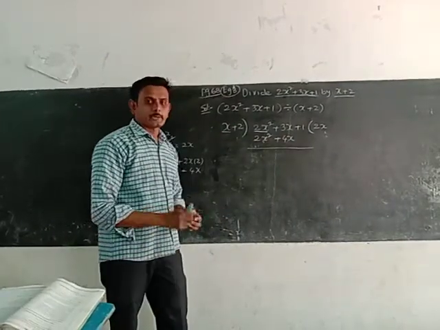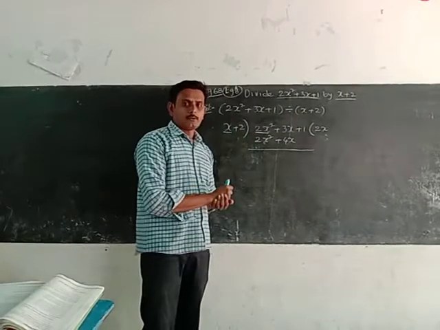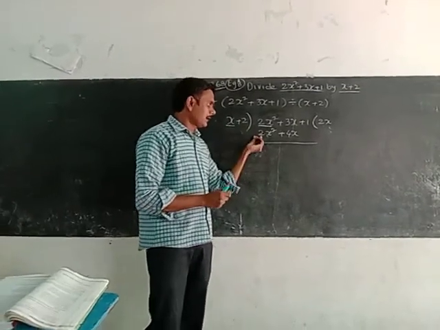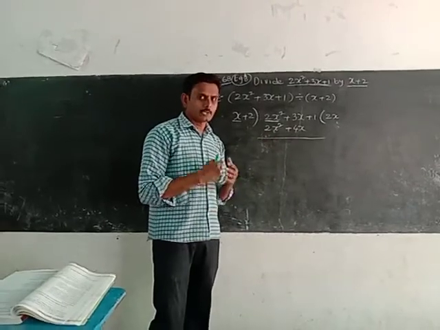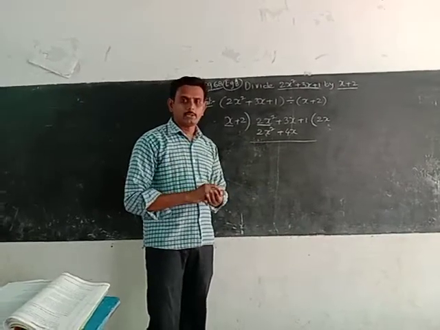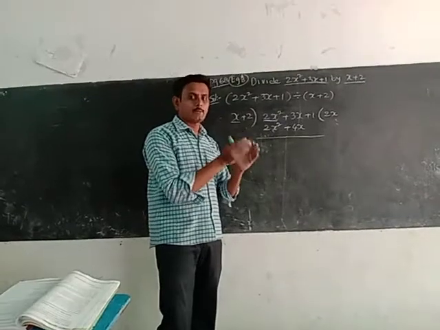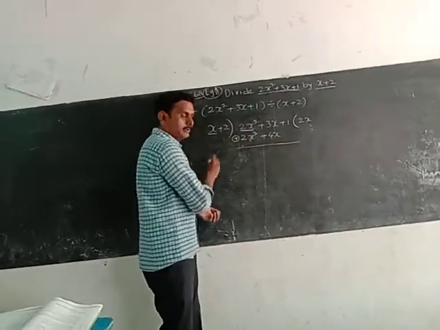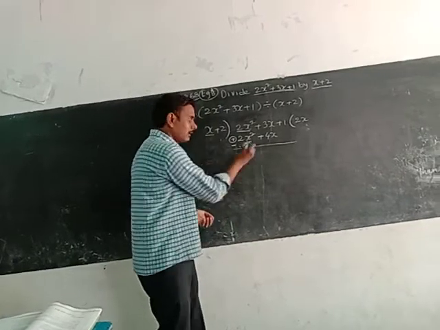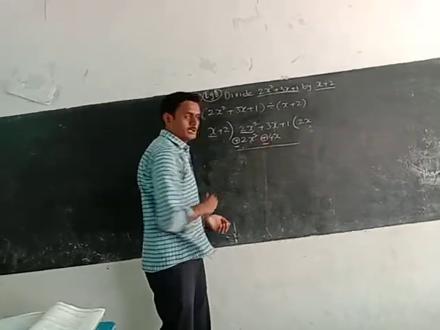Now, while doing algebraic subtraction, we have to change the sign of the second expression. What does sign change mean? Plus becomes minus, and minus becomes plus. Here no sign is there, that is taken as a plus. Plus will change to minus. Here plus is there, it will change to minus.